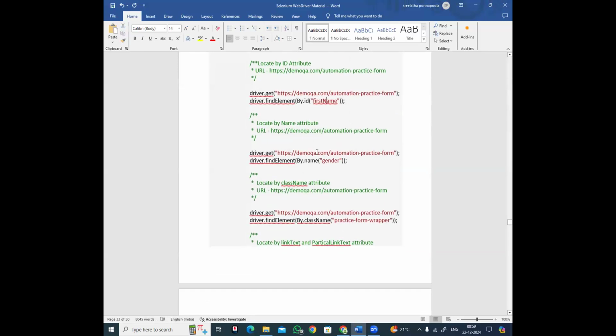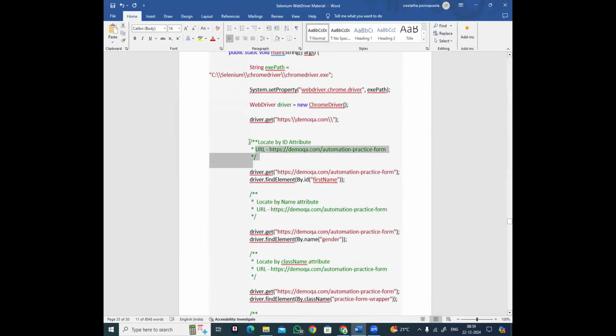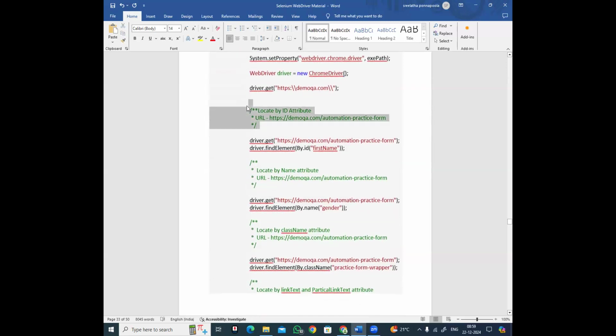Next, locate the element by name attribute. Using the application name, so this we can call documentation. For example, when you are working on any automation project or any Java project, we need to give these comments. This we can call documentation. Before any method, before any class, if you give this documentation, it is easy for a new tester to understand. For example, you created some automation test cases. When another tester is executing your test cases, he didn't